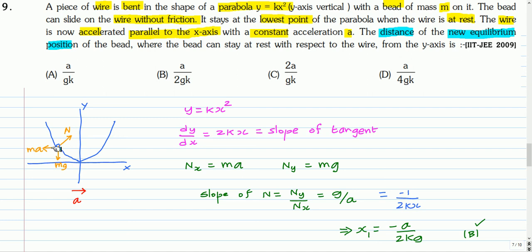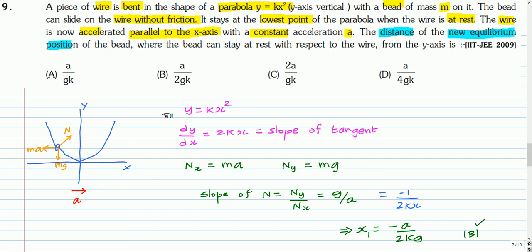The forces acting on the bead are the weight mg and the normal reaction because of the contact between the wire and the bead, which will be normal to this wire, and there is a pseudo force towards left because acceleration is towards right. The pseudo force will be in the direction opposite to the acceleration, so it's towards left. So these three forces will act on this bead, and since the bead is at rest, these three forces are